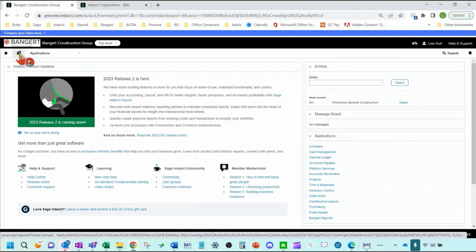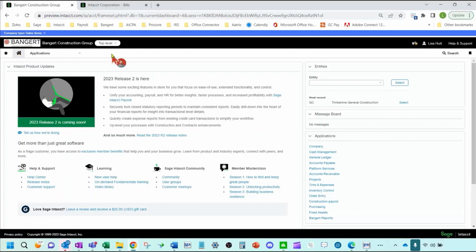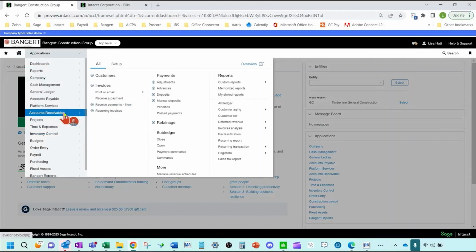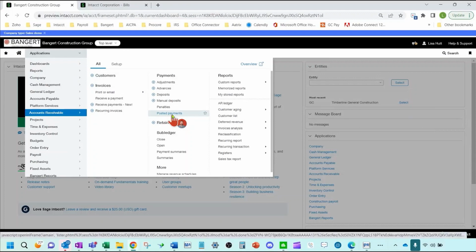In addition to that, there's some other access and editing tools that are available for you as well. And we'll start getting into those a little bit here. One of the first new functions you can do is in the accounts receivable module. So if I go into accounts receivable, and if it has to do with what's called posted payments, so you put some cash receipts in, you need to reverse a cash receipt for some reason.